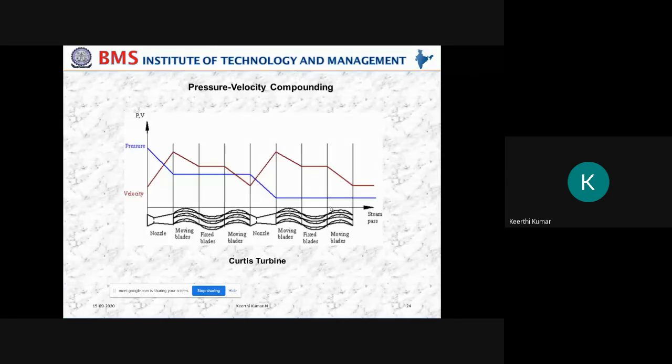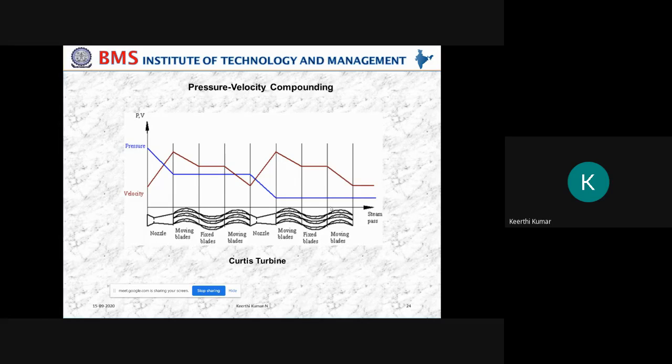See, out of these three, they will definitely ask you to draw the compounding. Either you draw the pressure compounding, velocity compounding, or pressure velocity compounding. They will ask, what do you mean by compounding? What are the needs of compounding? And with a neat figure, explain any one compounding. Or they may ask particularly to draw velocity compounding, pressure compounding, or pressure velocity compounding. So you should draw the figure and express the function of a nozzle, the function of moving blade, fixed blade, and moving blade. What is the boiler pressure condition? What is the condenser pressure condition? All those things you have to explain neatly.